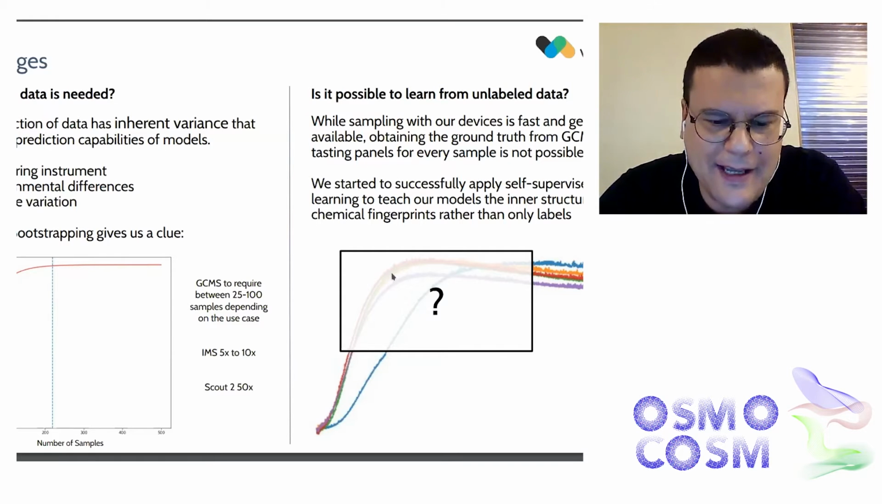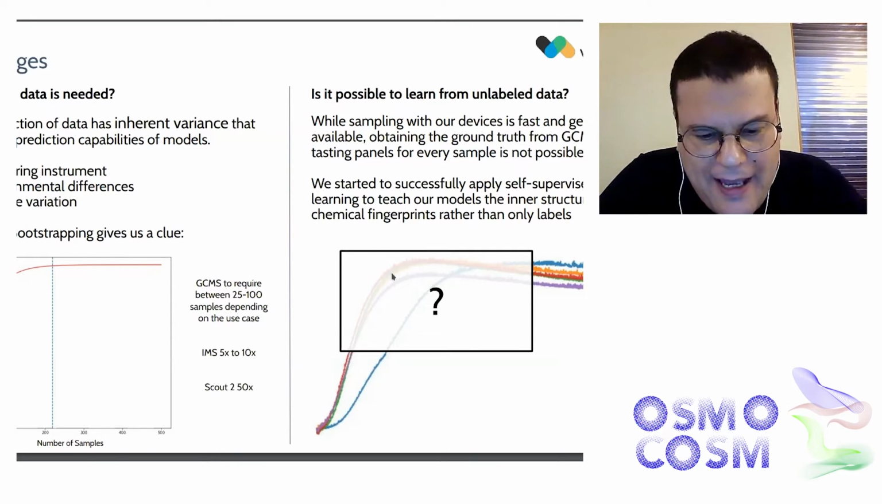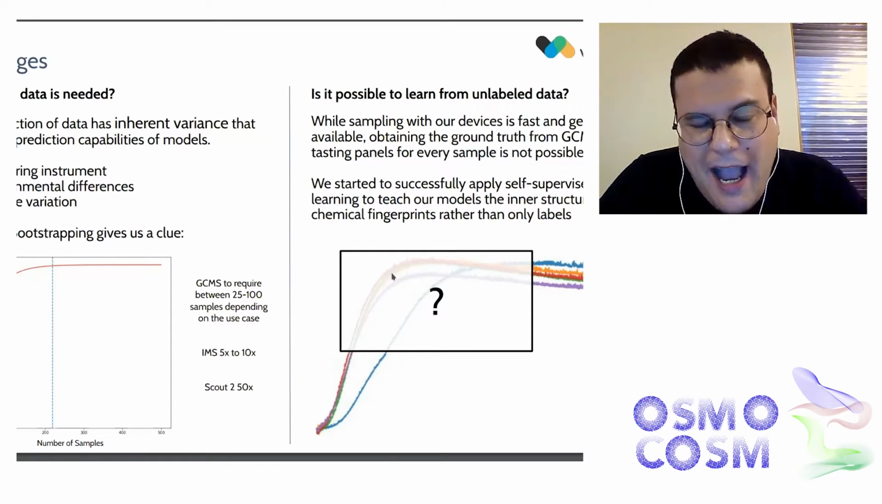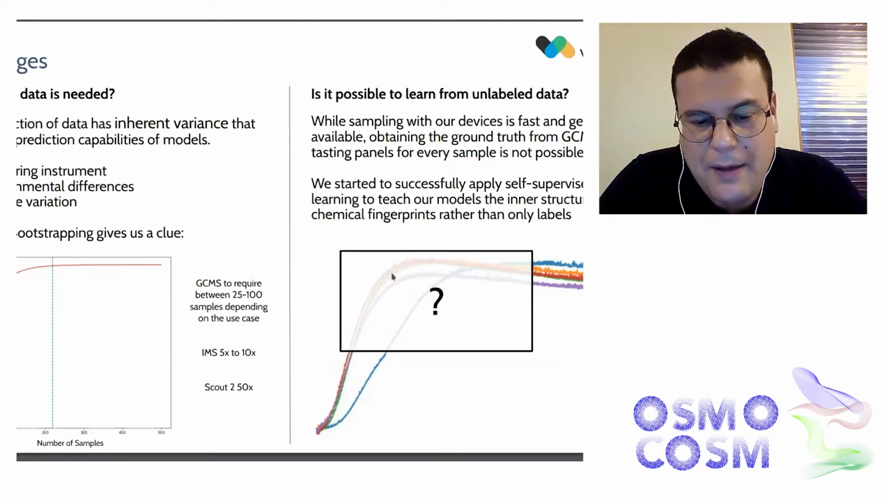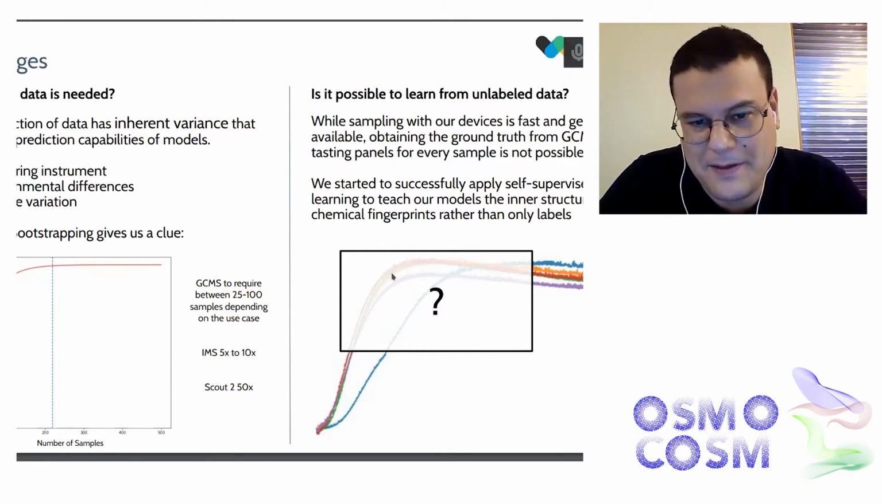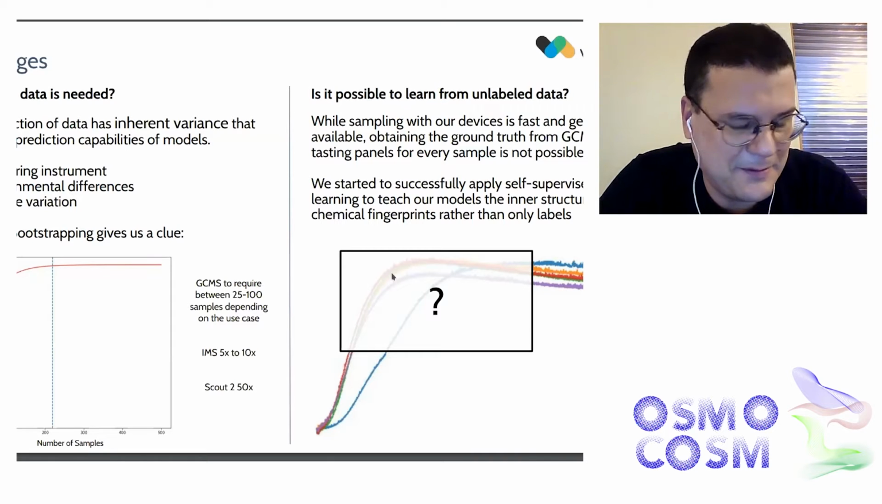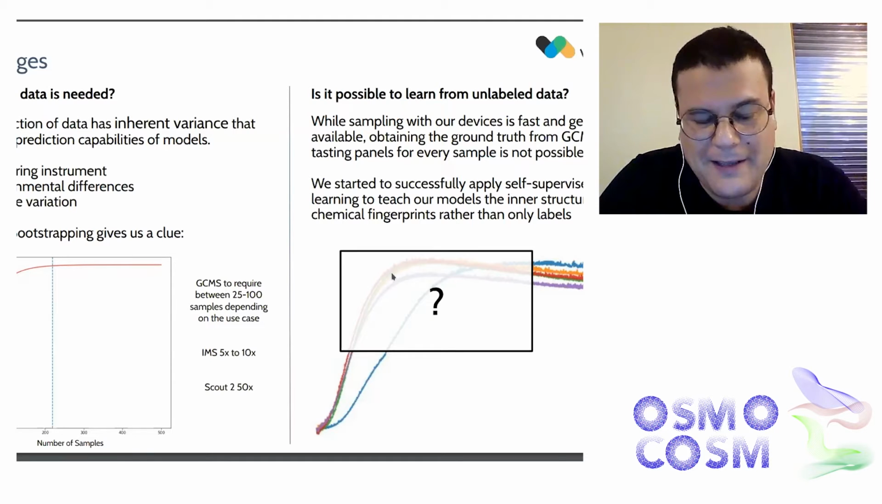Then a different challenge that we have has to do with the exploitation of the available data. We can gather data with our devices relatively quickly. We can have the devices in places and we can collect data, but that data will be unlabeled because it's not really realistic to send the sample to a GCMS lab or run it through a tasting panel, which needs to be done basically at the same moment, otherwise the sample would change. So we end up with a lot of data from our devices which is